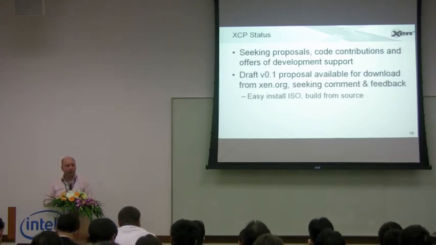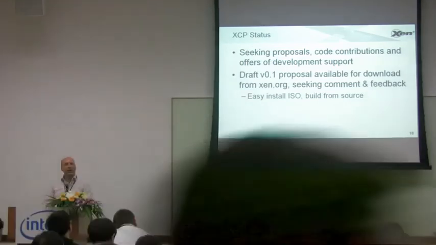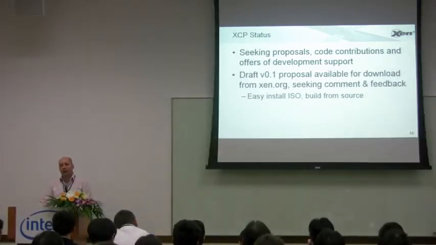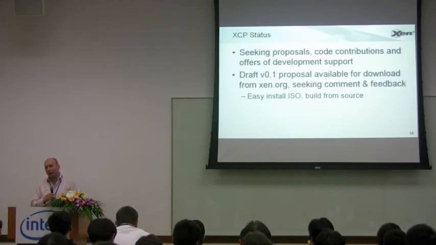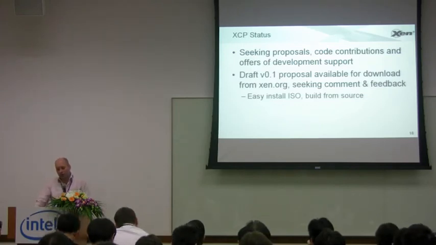So you just download the ISO, burn it onto a CD, pop it into a server, power it on, and 5 minutes later you've got a Xen Cloud Platform node that you can start to use. And of course all of the source for that is all available on the Xen.org website. And there's already